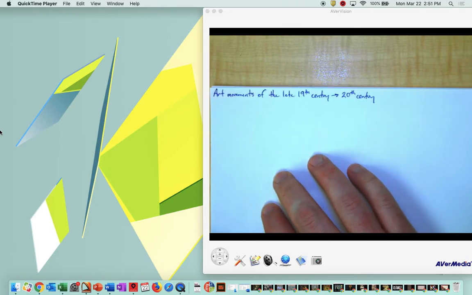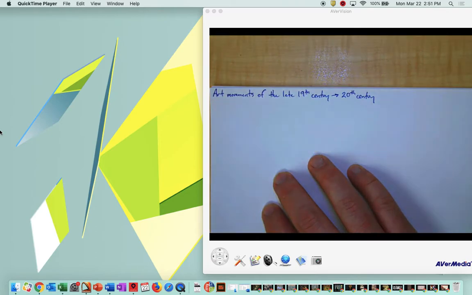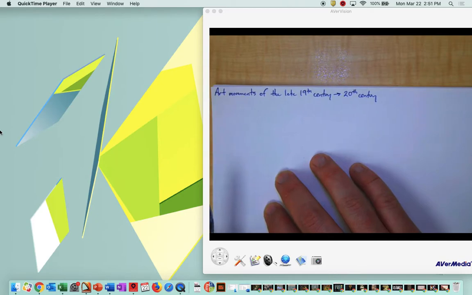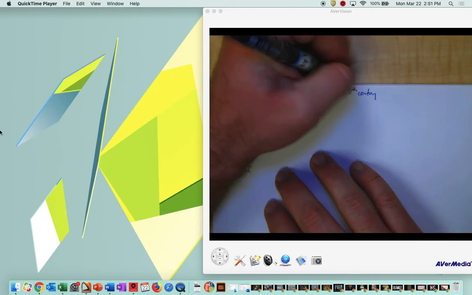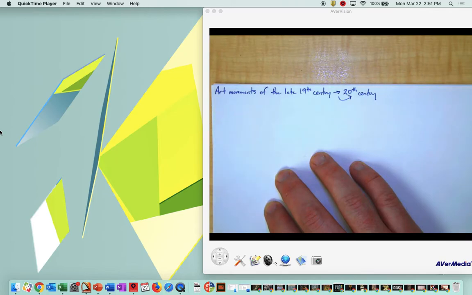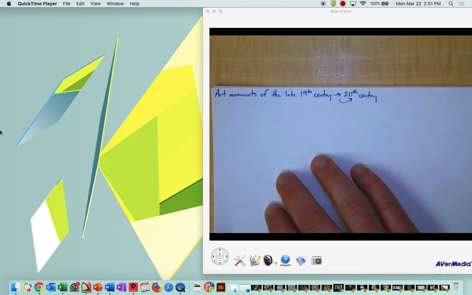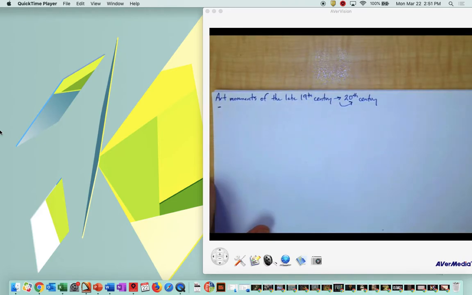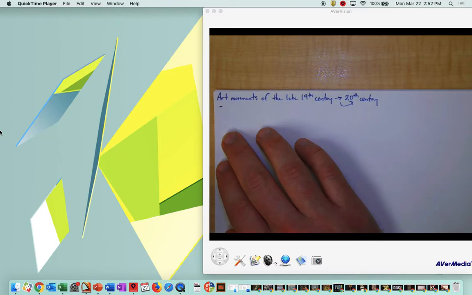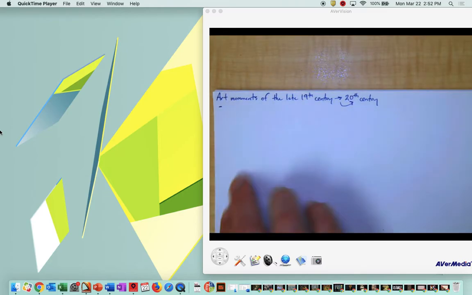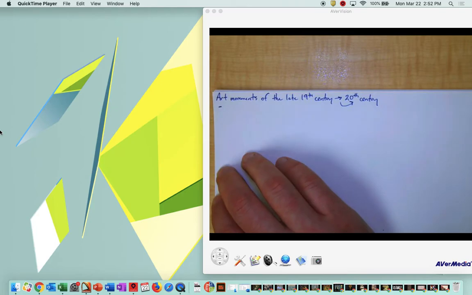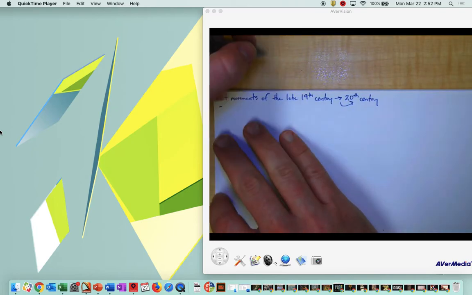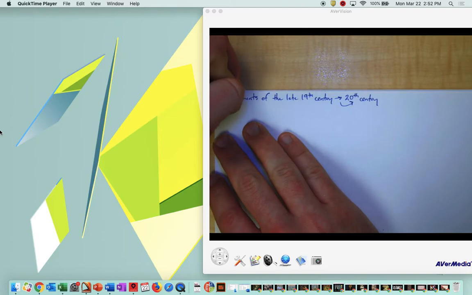And what we'll do by doing this is a quick recap of what was going on at the end of the 19th century as a way to get us ready for what's going to happen in the 20th century and all of the awfulness that happens in the 20th century. So we're going to pick up this story with the invention of maybe the most revolutionary instrument in art, and that is the camera.